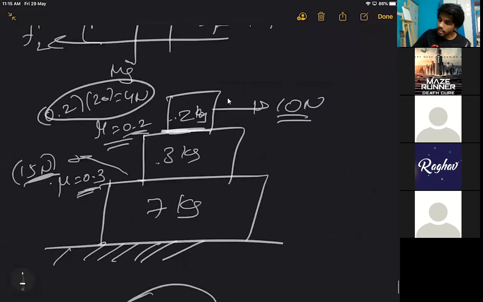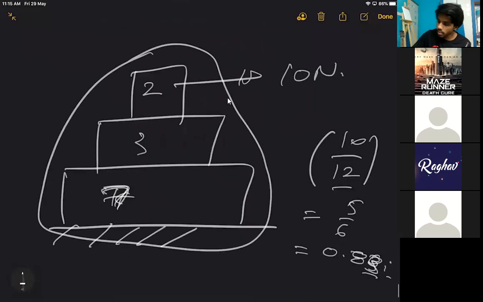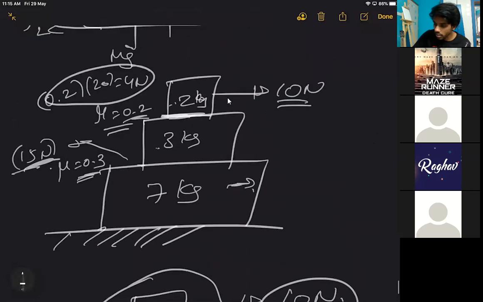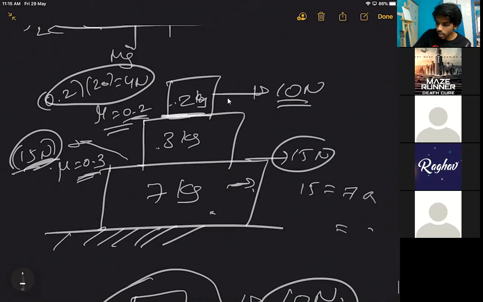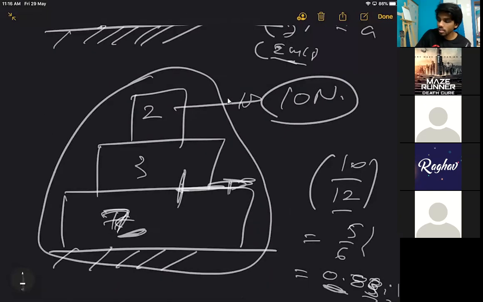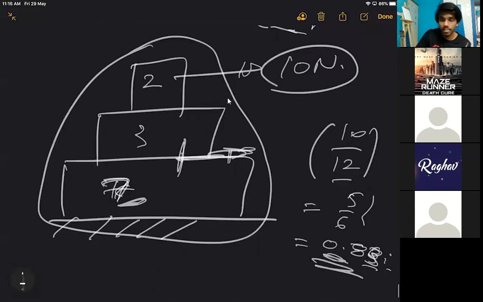Now, can this lower block first of all go with that acceleration or not? Who is supporting the lower block here? There is no external force. The only friction between these two blocks is supporting the lower block. And how much is that friction? 15 newtons. So can it move with that acceleration? 15 equals 7 into a, so the acceleration equals 15 by 7. The maximum acceleration this block can go with is actually around 2 meters per second squared. Here, in the combined case, the acceleration is much lesser than that. Of course, it can happily move with that acceleration.